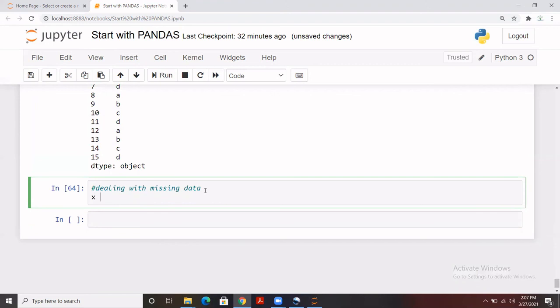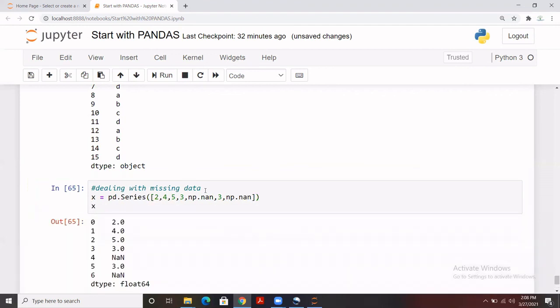I have created a series called x with pd dot Series. I'm going to pass some missing records to that series. How do we represent a missing record? np dot nan, right? Let me run it. So these are the missing records we have in this series, NaN.